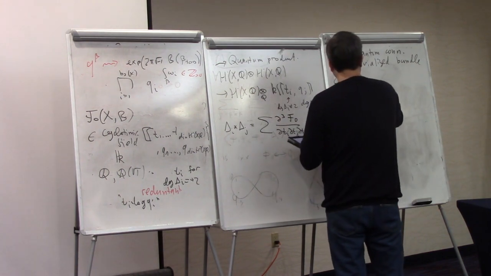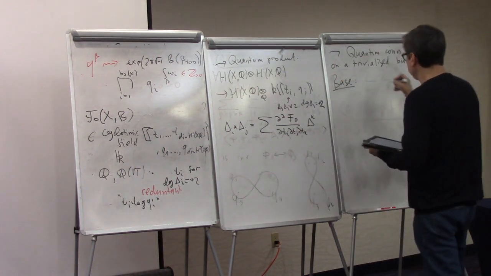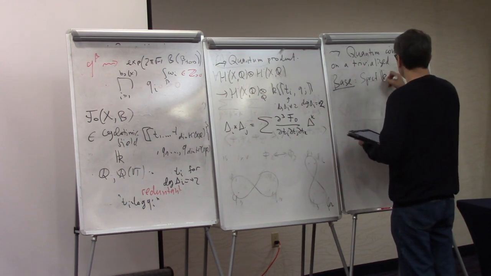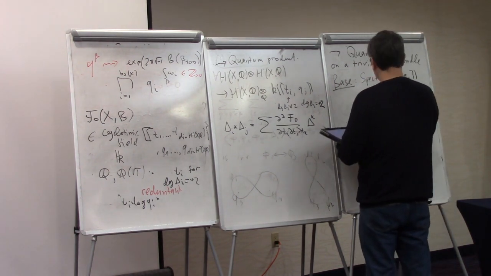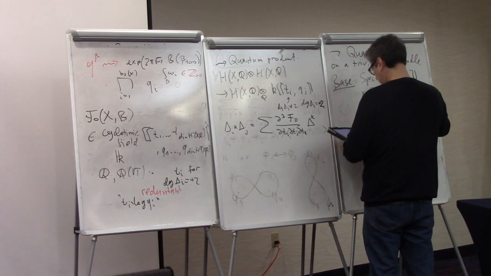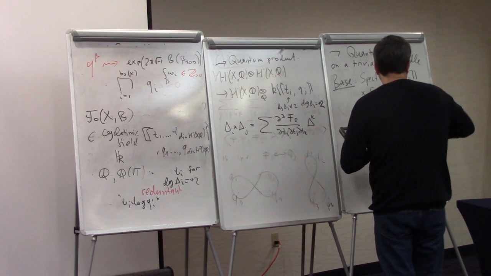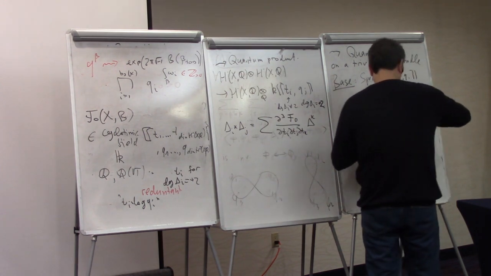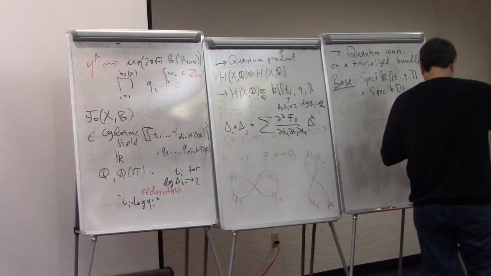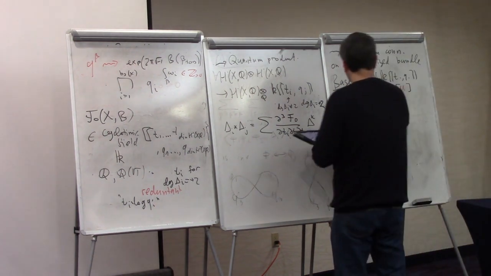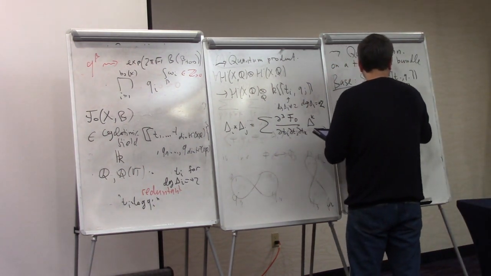So the bundle will be on which base manifold? The base manifold will be the spectrum of the algebra of formal power series in my variables t and q. But then I also multiply by the spectrum, not formal, of just polynomials in one variable, which I denote by u. So you get an extra coordinate. And the fiber is, because the bundle is trivialized, the cohomology of X.